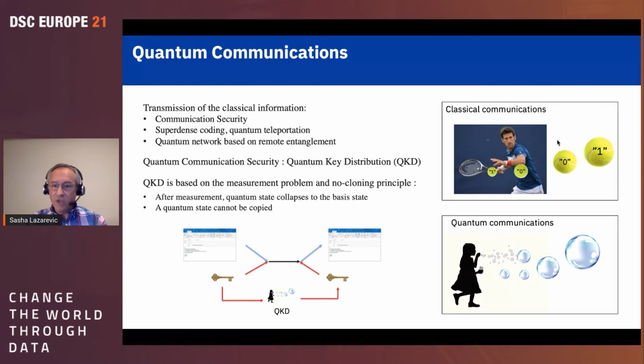With quantum communications, it is different. Imagine these soap bubbles. If there is a hand trying to capture one, well, it just collapses. It collapses like our superposition. It explodes. It's no longer there. And using the no-cloning principle of quantum mechanics, nobody can recreate exactly these soap bubbles or the pieces of information that we are sending over the channel.